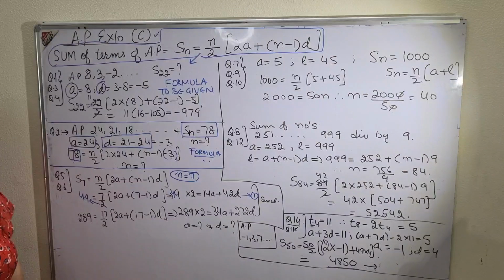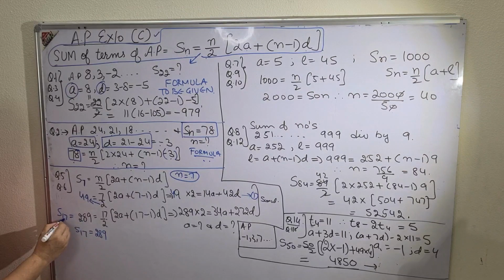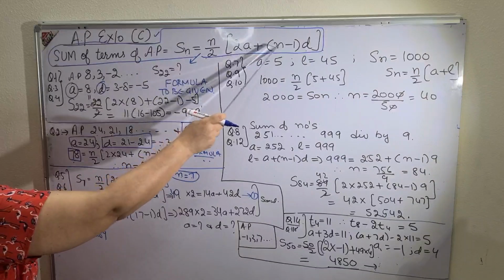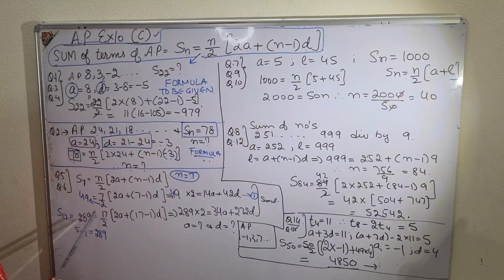Similarly, they have said that the first 17 terms sum to 289. So, first 17 terms, this time S17. I am writing it here to make it more clear. S17 is given to be 289. So in place of S17, I have written 289. 17 terms, so 17 upon 2, same formula. 17 upon 2, 2a, I don't know a, and 17 minus 1 into d, and d is also unknown. So I got S17 equal to 17 upon 2, 2a plus 17 minus 1 into d, equal to 289.